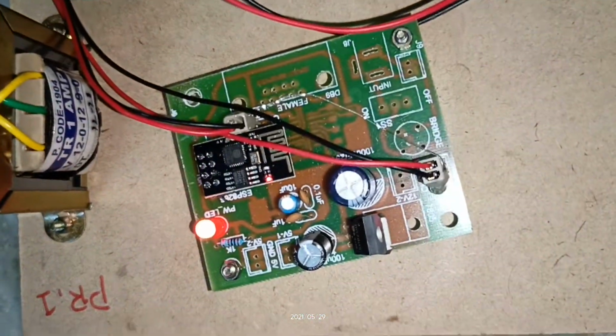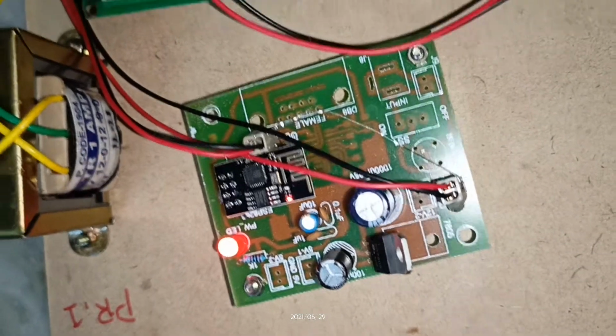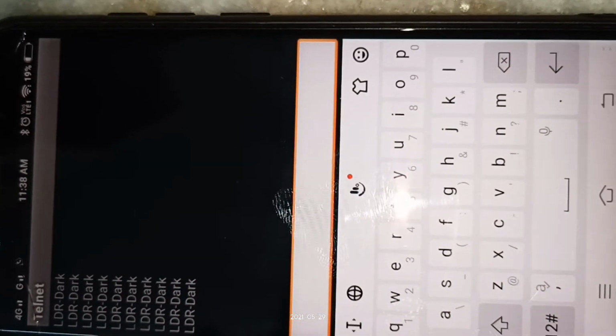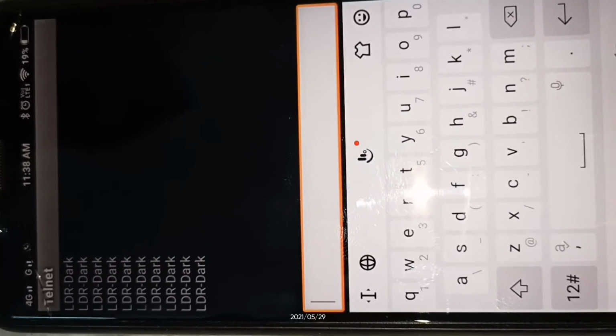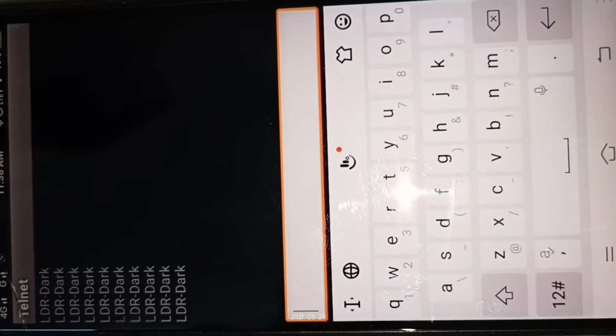Every 20 seconds is required to upload the data into the cloud. Here, the cloud is nothing but this Telnet application, which acts as a cloud. The data on the output side shows the LDR dark or light indications. We wrote the condition for the dark indications. So when there is a dark indication, the street light on condition information is received in the mobile.